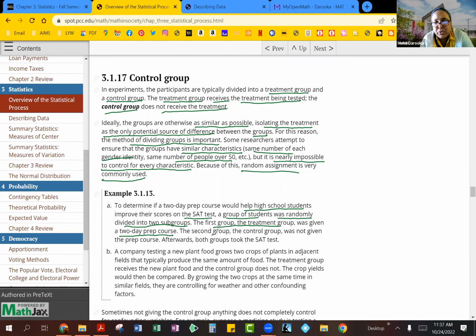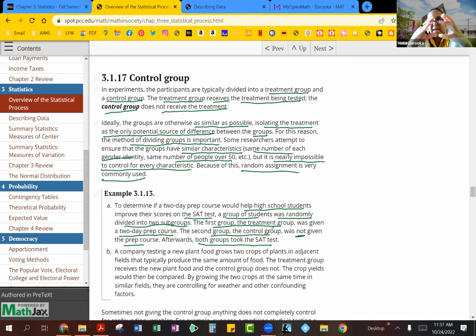And then your control group, the second one, was not given the prep course. And then, of course, you had both groups of students take the SAT test. So in this case, you will see, instead of doing like the previous example, where they did the first exam with the music and then had them redo the exam without music, so they were the same group of people doing both of those experiments,